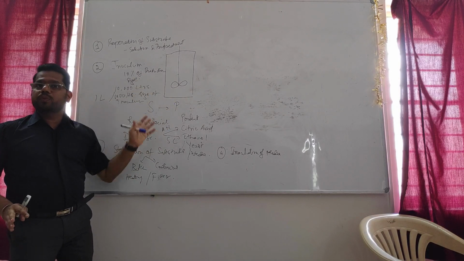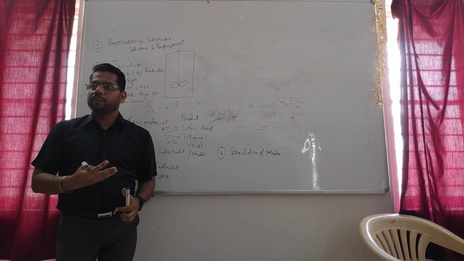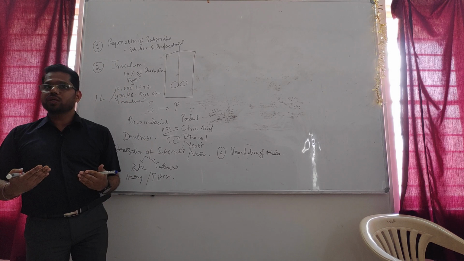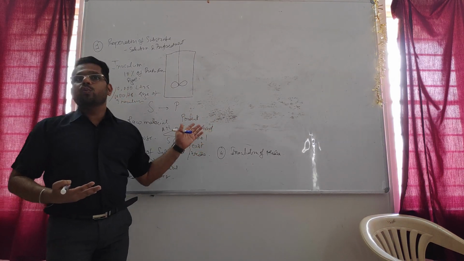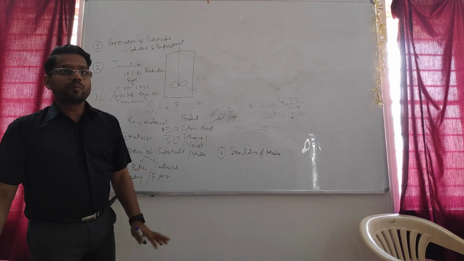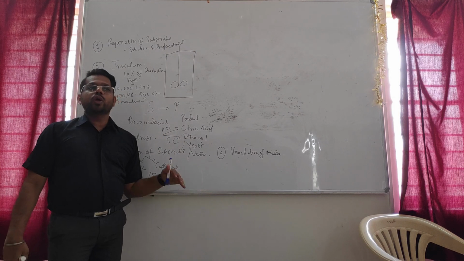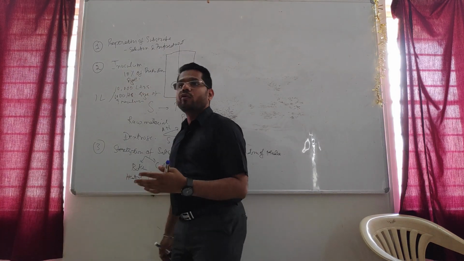Once you prepare all the upstream operations, it is equally important to perform the downstream operations very carefully. Because once the product is produced, it is very important to purify the product in its highest quality and purity. If you miss out any of the downstream operations, you are not going to get the product in its good form. So how to get the product in a pure, purified form?